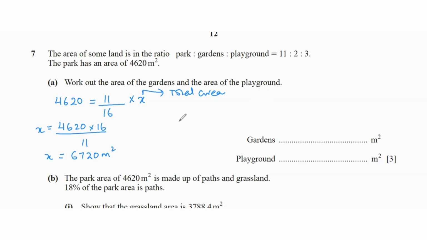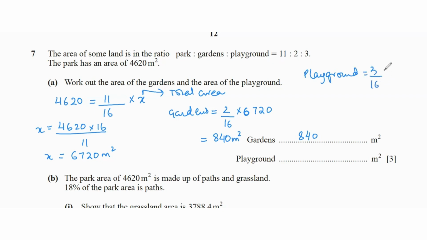Now for the gardens, it's 2/16 of 6,720, which is basically equal to 840 meters square. And for the playground, that's going to be 3/16 of 6,720, which is basically equal to